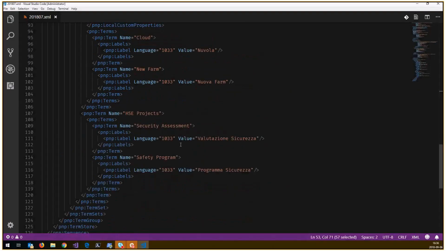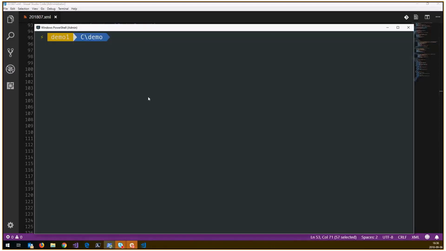This is a very simple template, and if we switch to PowerShell, I'll first show you applying this template. The easiest way would be to say Apply-PnPProvisioningHierarchy, and now comes a little change. It's provisioning hierarchy, not provisioning template, which is still the old school commandlet that uses the normal provisioning templates. Then you can say path, and I say my file, this is the 2018-07 XML